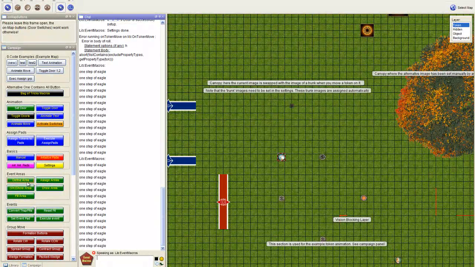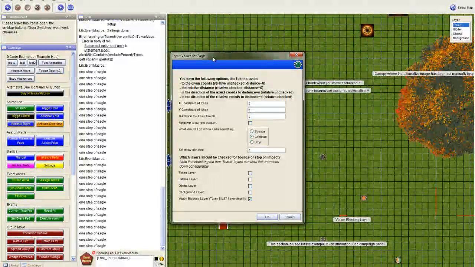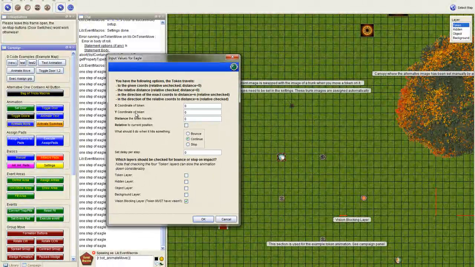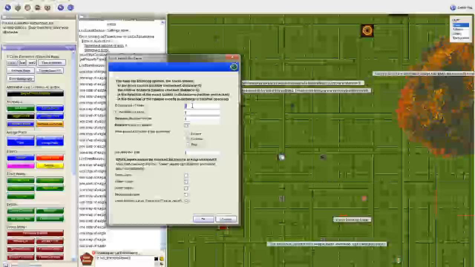How to set this up? For that you use the animate move button. You select a token, for this example the eagle, and